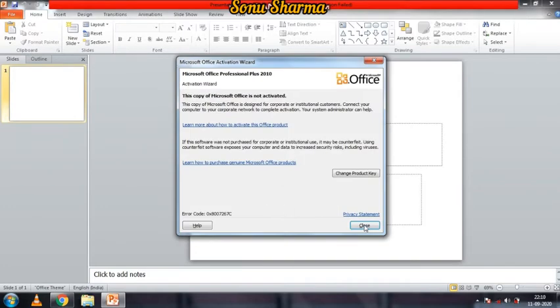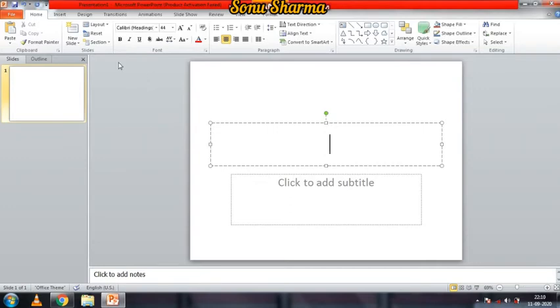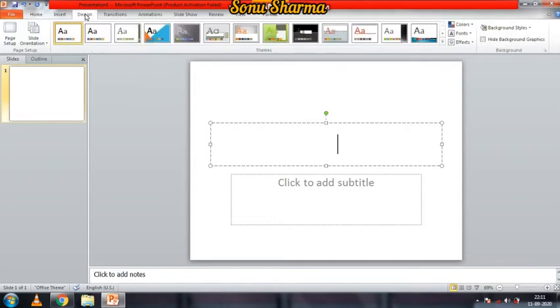In the previous video I have shown you how to do different designings in the slide, how to make it colorful, right? Suppose I give the color of this slide. I will change the design of this slide. Okay, so to change the design, you will go to Design tab, and here you can see many designs are there.